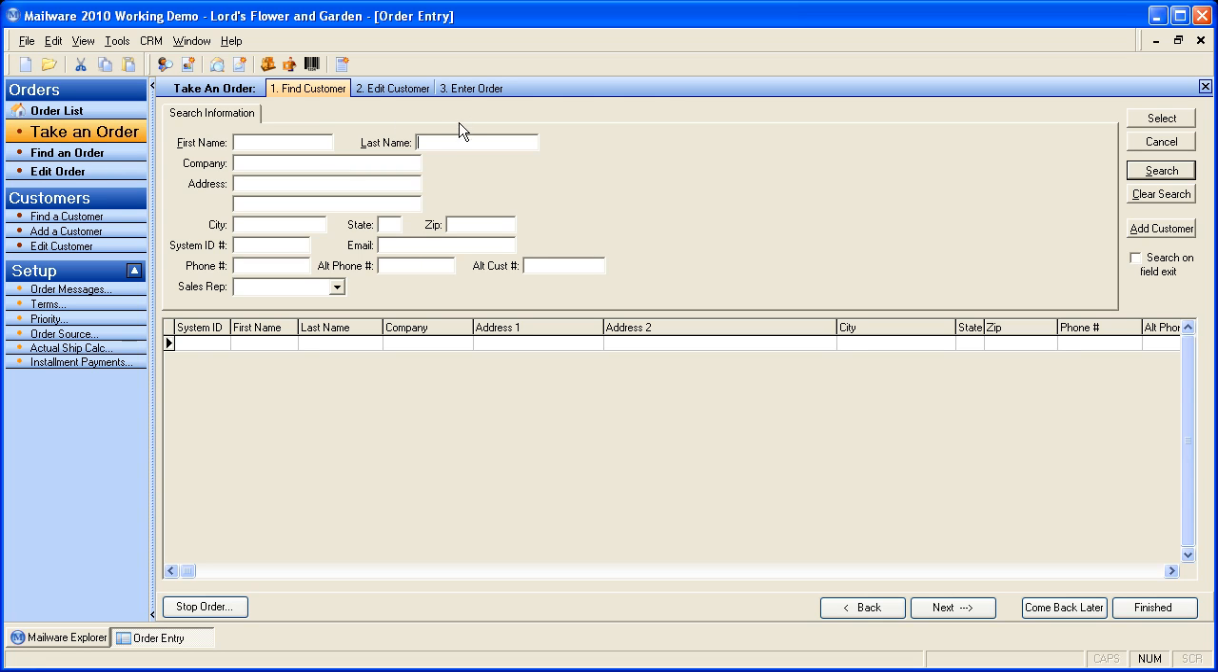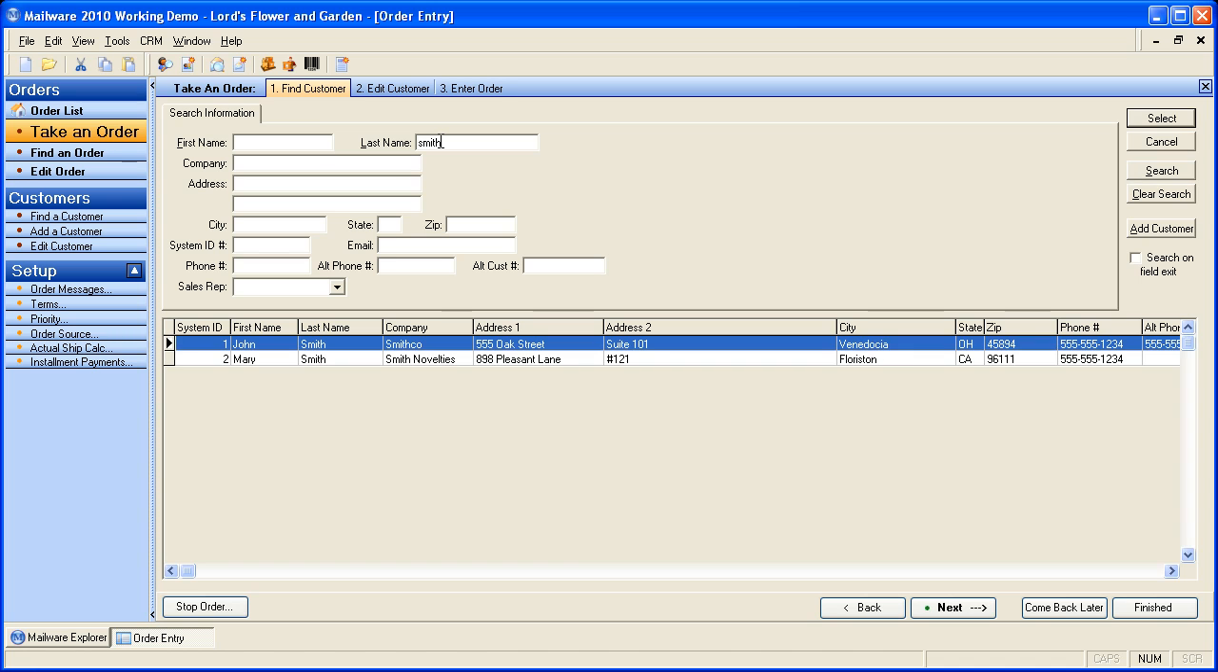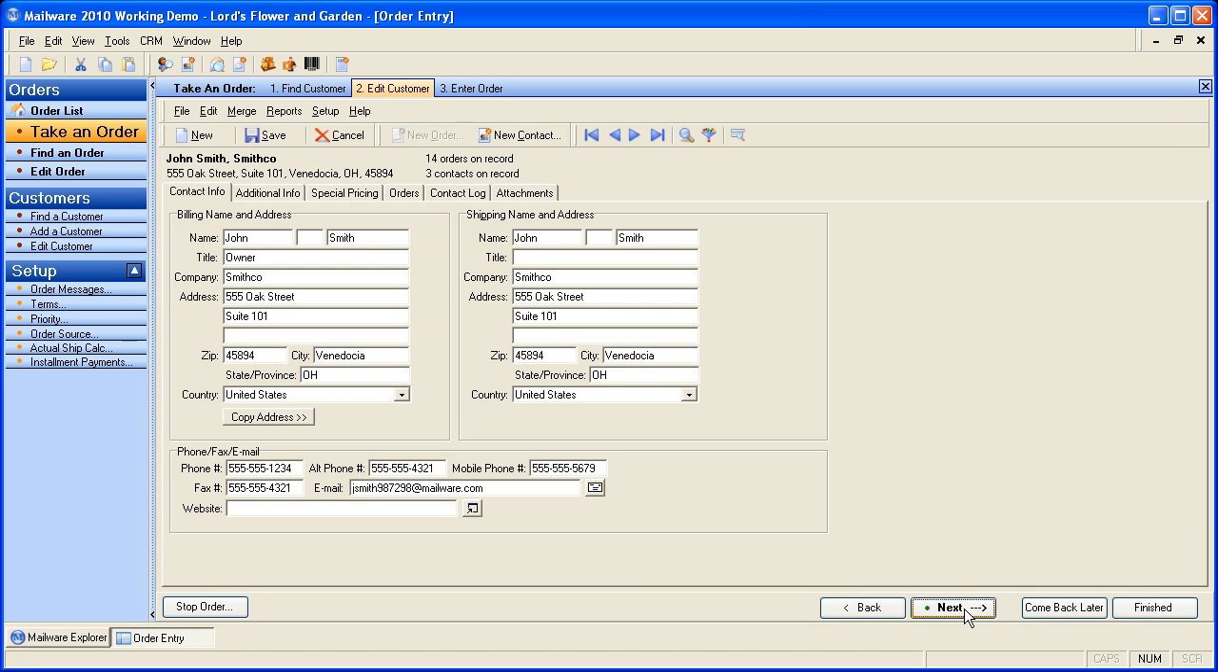This will bring up a customer search, where you can search on as few or as many of these fields as you like. If you do not find a match, you can click Add Customer, and the account will be created with the fields that you've entered, so that you do not have to retype them. If you do find a match, you can double click it or click it and click Next to proceed to